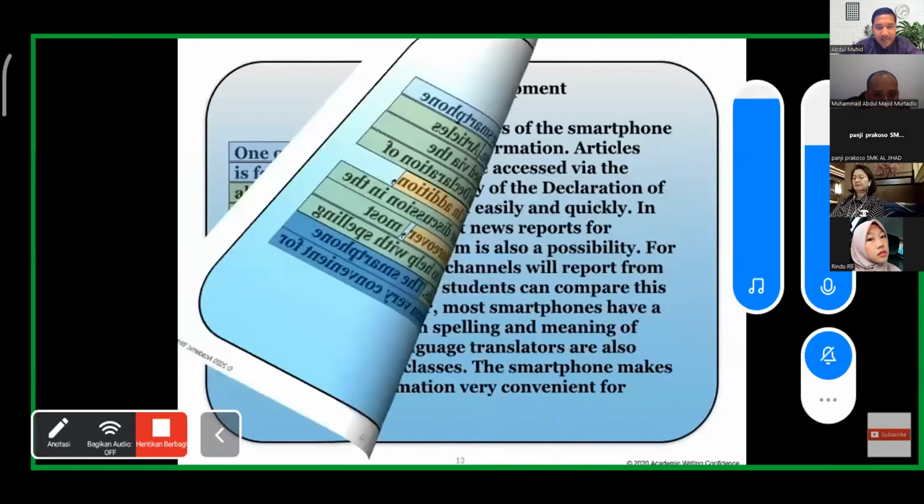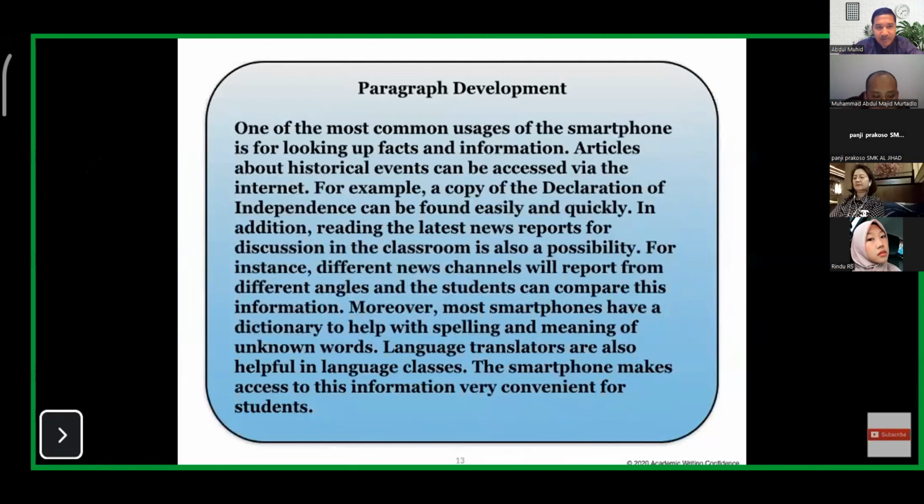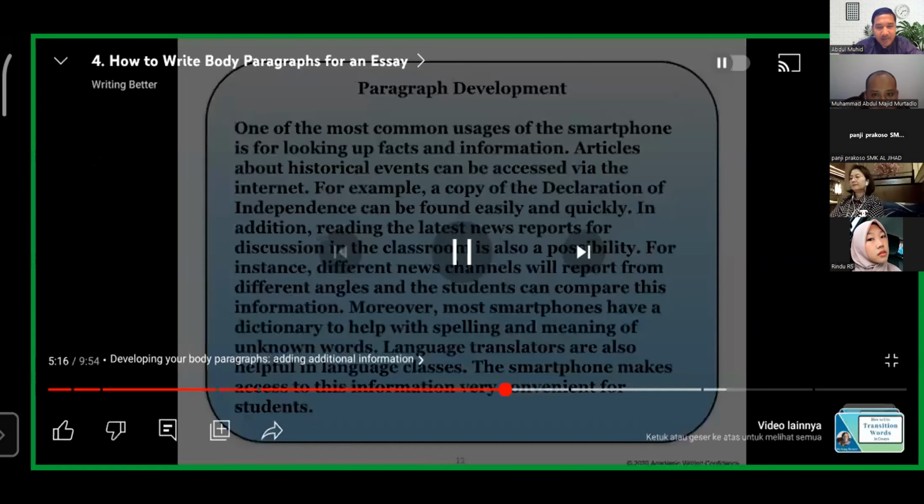Itu ada Rani, nanti ada bagian Rani juga, Panji. Apa gimana? Kasih ya. Nah, nanti dia buka untuk apa? Untuk contoh esai yang benar dan baik. Ini bagian videonya, ya silakan dilanjutkan. Ya.